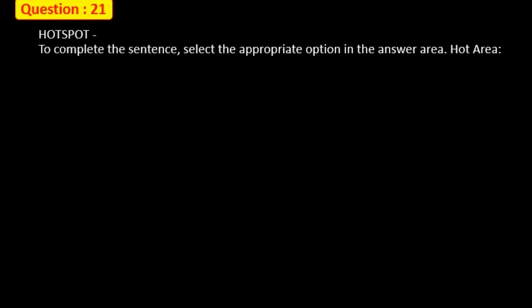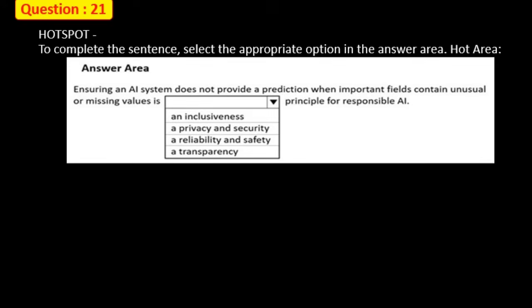Question number 21. This is another drop-down and select type question. Hotspot. To complete the sentence, select the appropriate option in the answer area. Hot area. Ensuring a null system does not provide a prediction when important fields contain unusual or missing values is